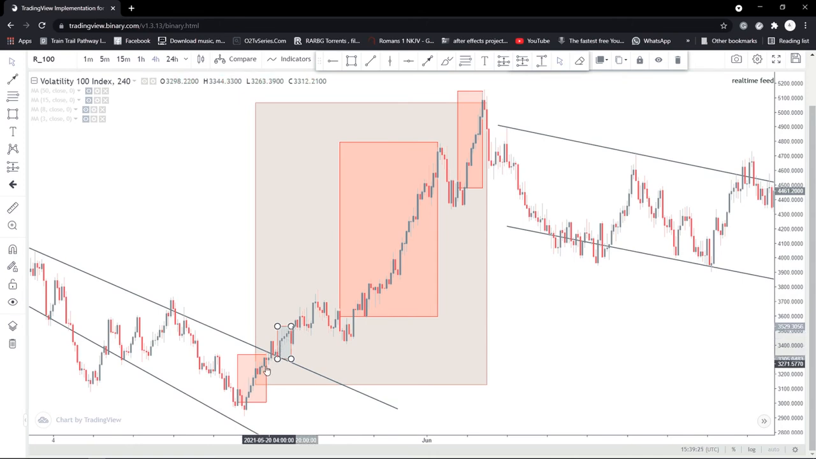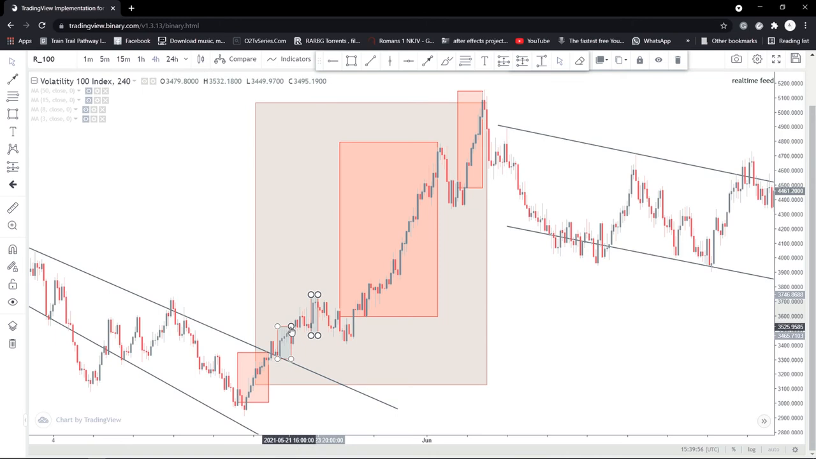Or use your Fibs. Sorry, I won't be using Fibs here. You know why I won't be using Fibs. I do not understand how this Fibonacci works. So a level, okay, a level,